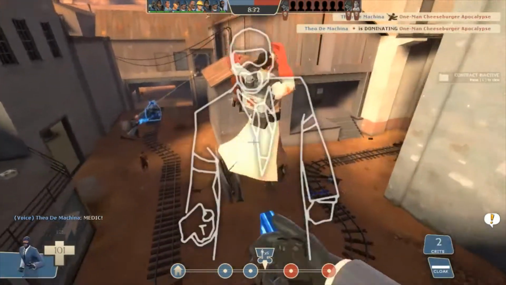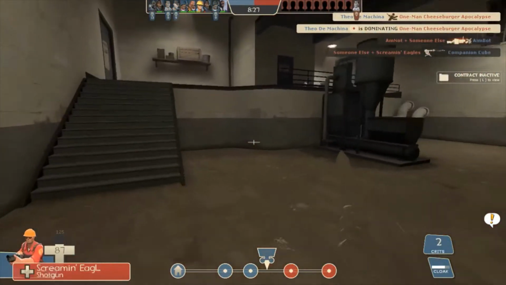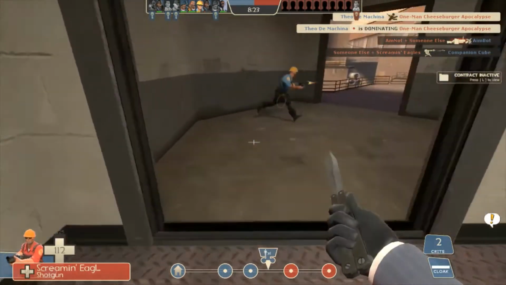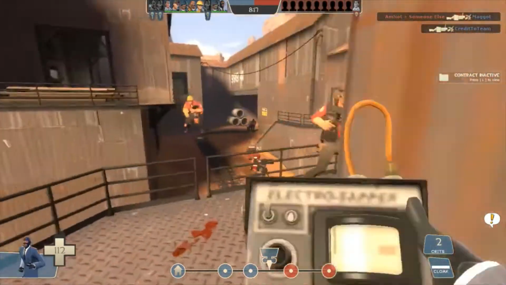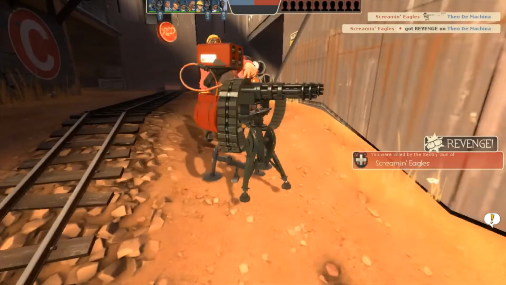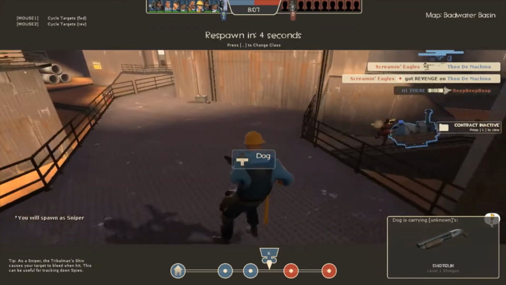Trying to follow this guy. There we go. Ooh, last second backstab. So, there you have health by your person. Oh, that's no good. Really? Alright. So, before we leave though, I would like to show you the sniper, because I have stopped using